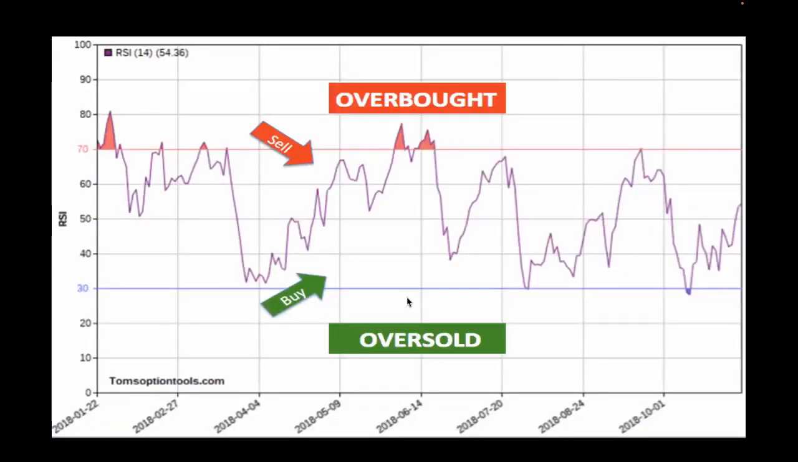It generates a chart that looks remarkably like this. There's an overbought condition and an oversold condition. All right, so it has two thresholds. The lower threshold is 30. The upper threshold is 70. So when this line here, the RSI line, which is measuring bullish and bearish momentum, and